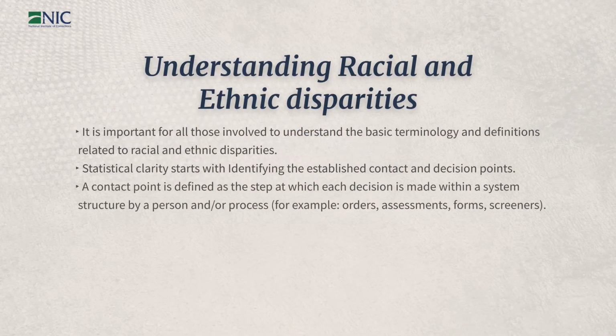And then at those contact points, you want to define as steps, particular steps, which at each decision point happens. So at one contact point, there may be 3 different things that could happen. You want to capture each of those steps, each of those decisions. You want to think about those places where there's broad range of discretion, because as you walk through this process, you may need to curtail some of that discretion. There are other places where policies may automatically trigger a response that really requires discretion.